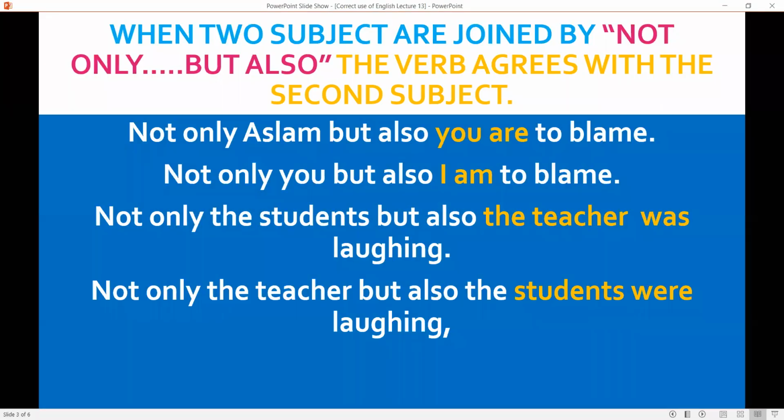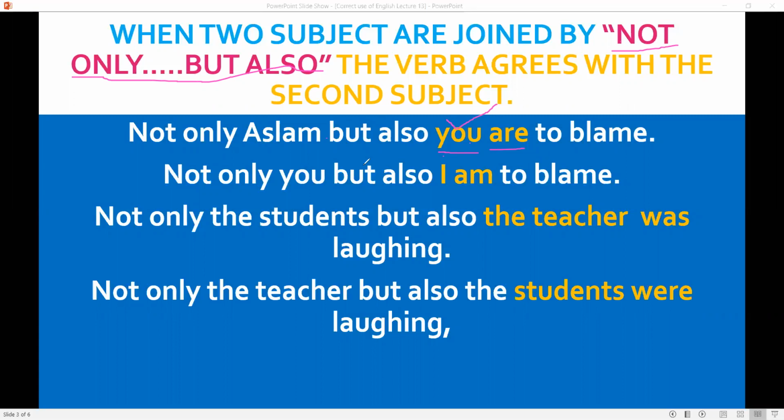Now, another rule: when two subjects are joined by not only but also. Both are used in a single sentence. The verb agrees with the second subject. Not only Aslam, but also you are. Which one is nearest? You is the nearest subject. So this verb will agree with the second subject,